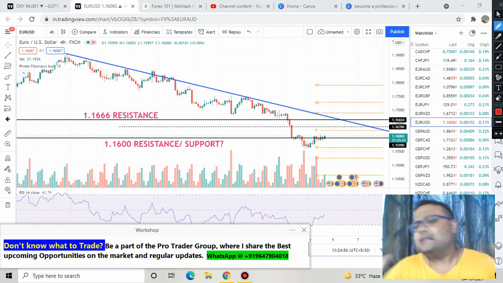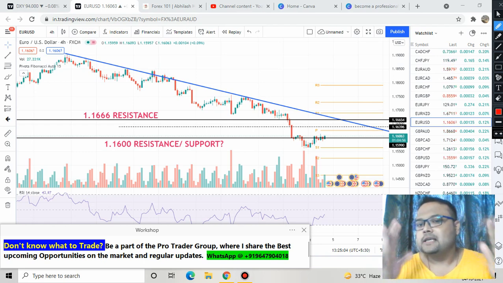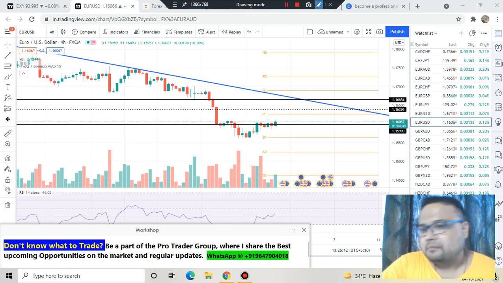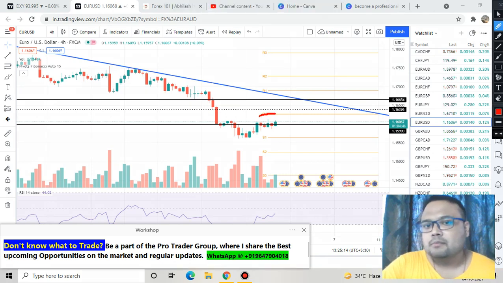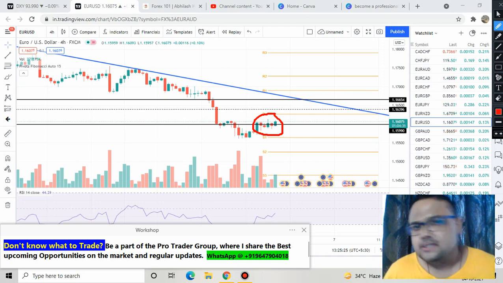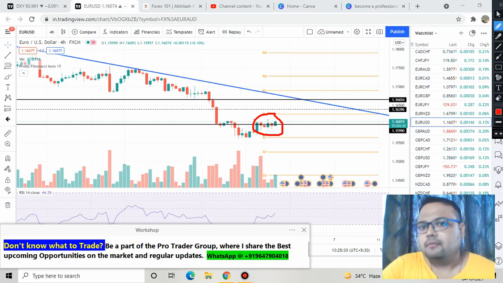So in this type of scenario, it is not a good decision to look for any buying or selling opportunity, because if you observe the candles here, you can see that the market is not having any movements. Market is just standing flat here. Do you think you should be investing your hard-earned money on a chart like this where there is no movement? Obviously not. Therefore, your strategy should be to avoid Euro USD as long as it is not giving us